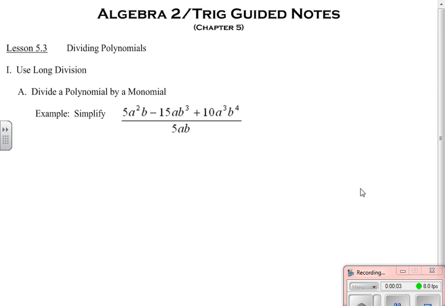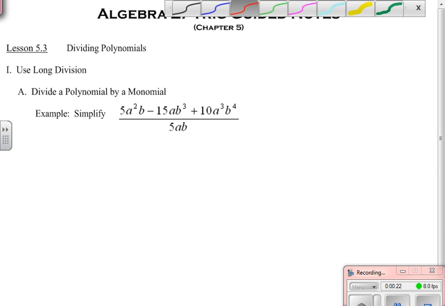5.3, dividing polynomials. We've been doing a lot of review with multiplying, adding, and subtracting polynomials, and now we're going to get into some new material of dividing them. Now the first example is a very simple one and one that we've seen sort of before. If I'm dividing, this is called the divisor, a number that is going into. If the divisor is a monomial, a single term, I can do the simplest kind of dividing, which means that